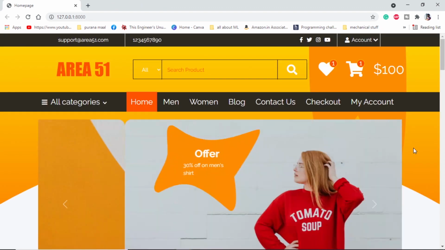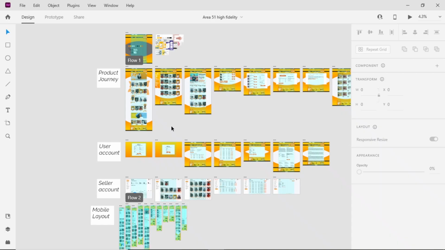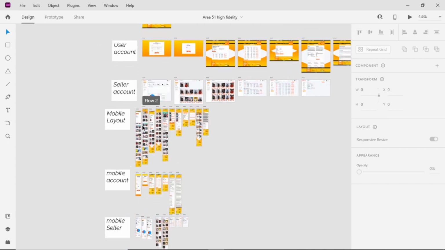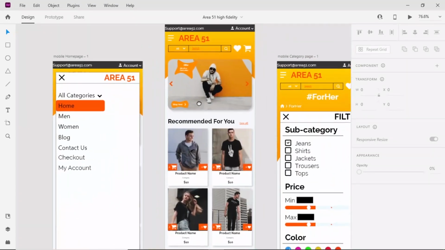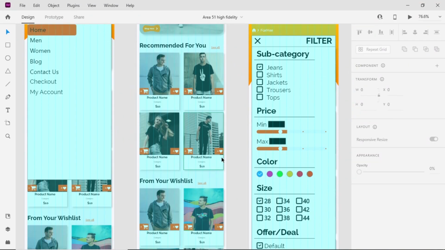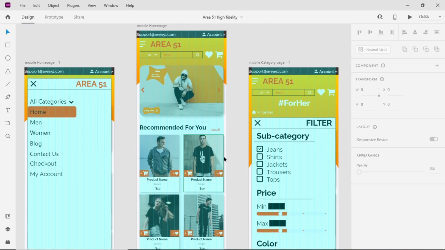Let me show the UI design for the mobile responsive view. Here, if we check the mobile layout and zoom in on our home page, we see that all the extra backgrounds we have removed. We are trying to keep it very simple in the mobile view. There are quite some changes, and the first is that we will need to download all these SVGs again, because SVGs do not change shape, they stay the same size, so we will need to download them again.